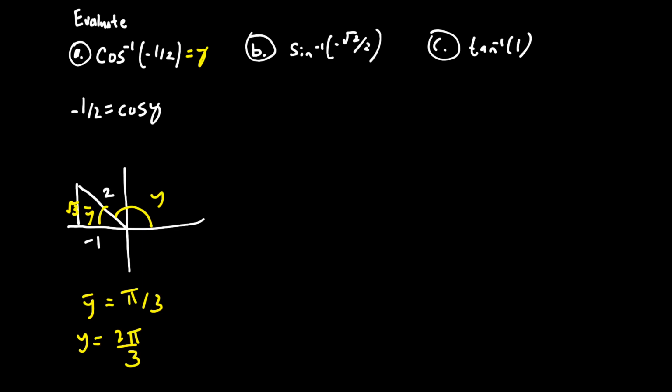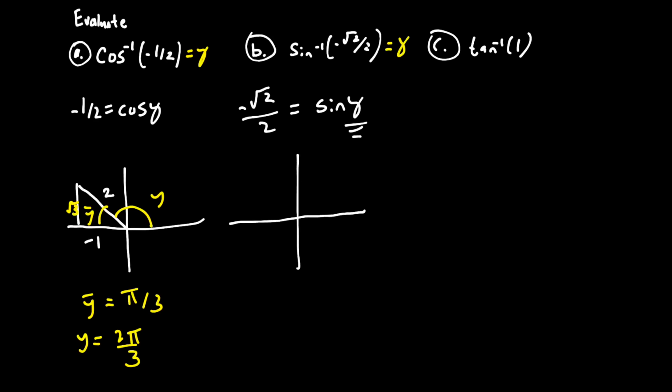Moving on to part B, we're trying to find sine inverse of negative square root of 2 divided by 2. We're going to set this equal to y. Again, rewriting this using the definition of inverse, we're looking for the negative square root of 2 divided by 2 is equal to sine of y, where we're looking for this y term here. Again, from this information, we can form a right triangle, and since the inverse sine has a range between negative pi divided by 2 and pi divided by 2, we're going to have a right triangle either in the first or fourth quadrant. Since